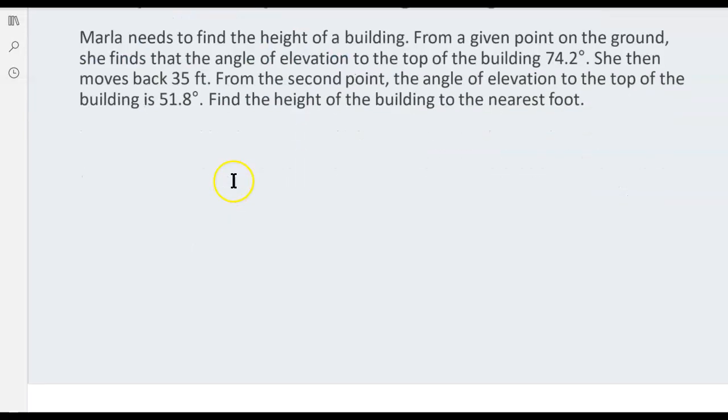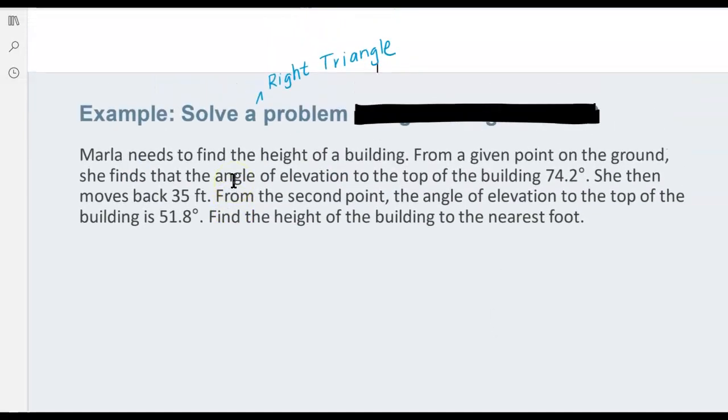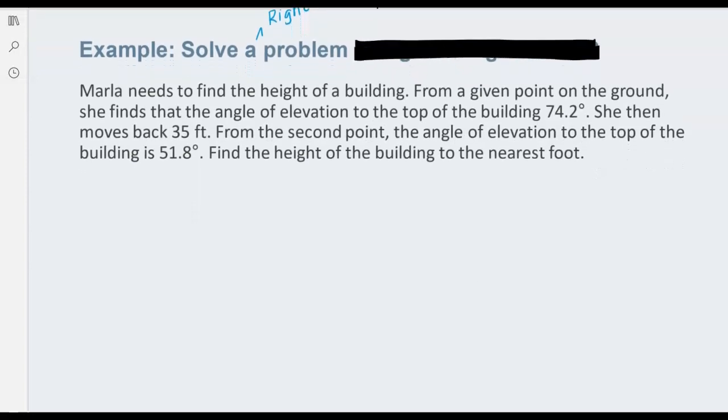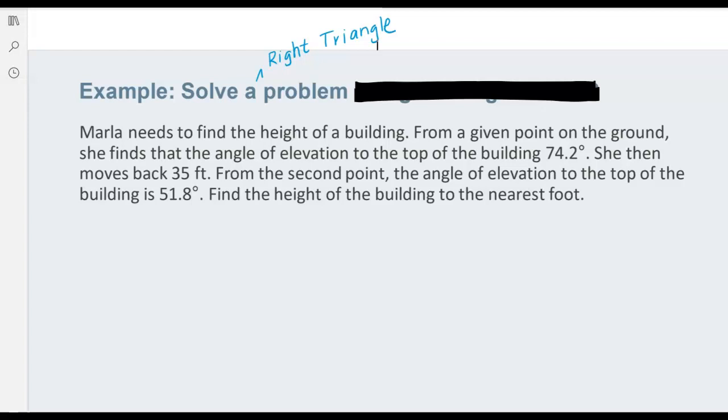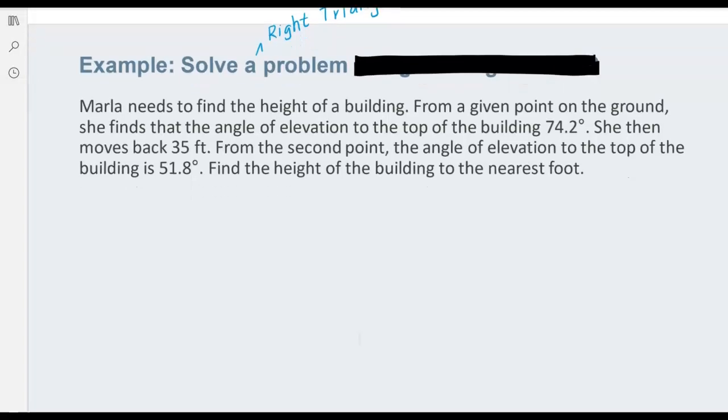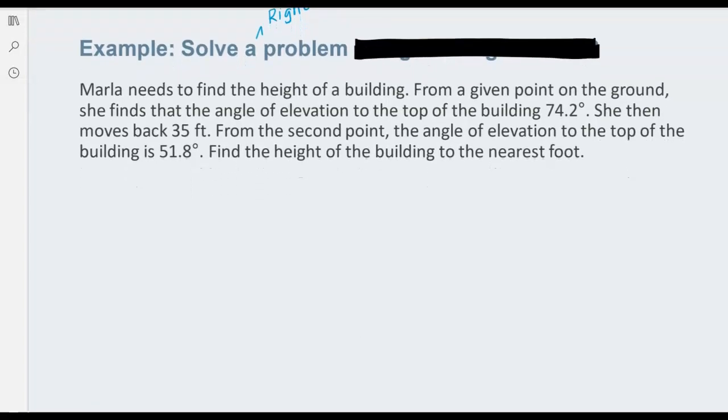For the final example for this lesson, we're going to look at a complex problem involving two right triangles sandwiched next to each other. Marla's trying to find the height of a building. From a given point on the ground, let's say she's here, she can measure the angle of elevation to the top of the building, so the building is here, and we want to know its height. This angle is